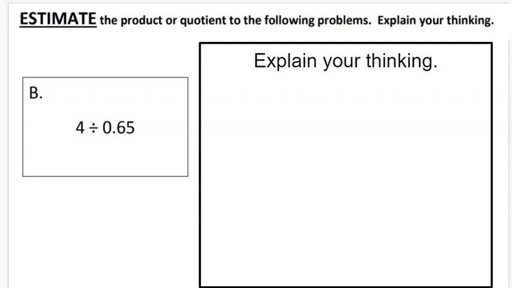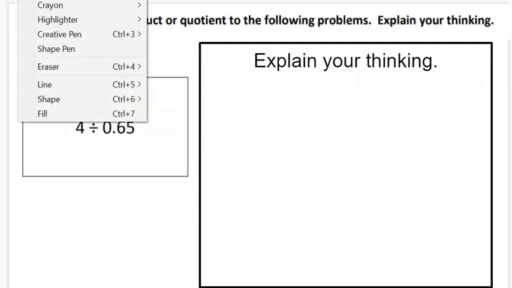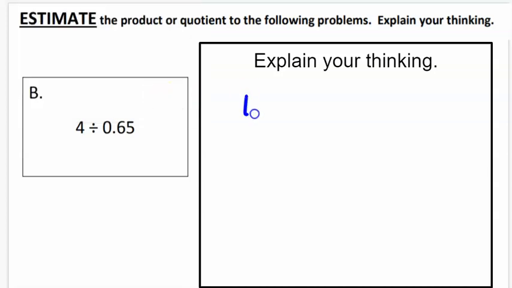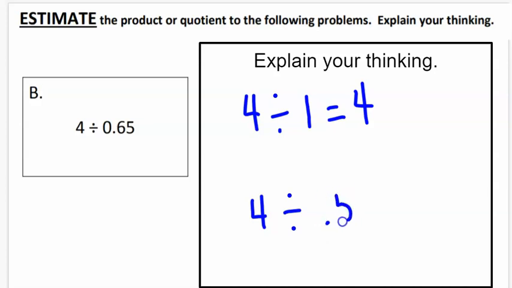So the next one is a division. So if I have 4 divided by, and I'm going to say 1 because 6/500ths is close to 1, and that is 4. But I know it's going to be less than that. So if I want to find out what it's in between, I would say 4 divided by 50/100ths, because I can think about quarters again. And so if I have 4 and I divide it by 5/10,